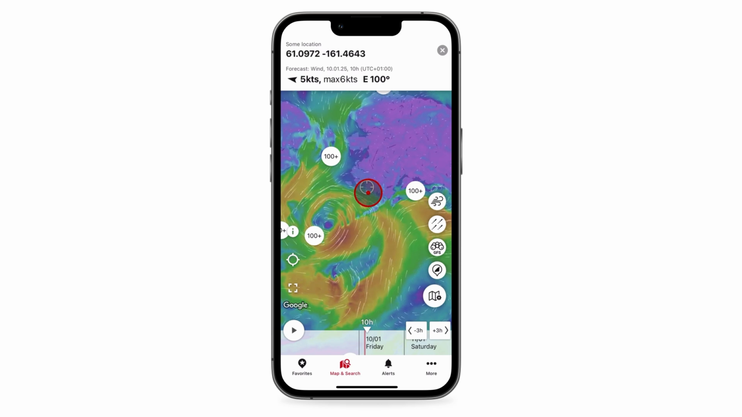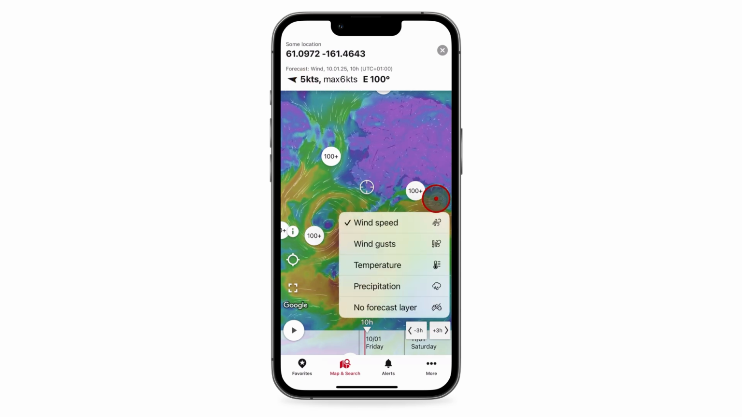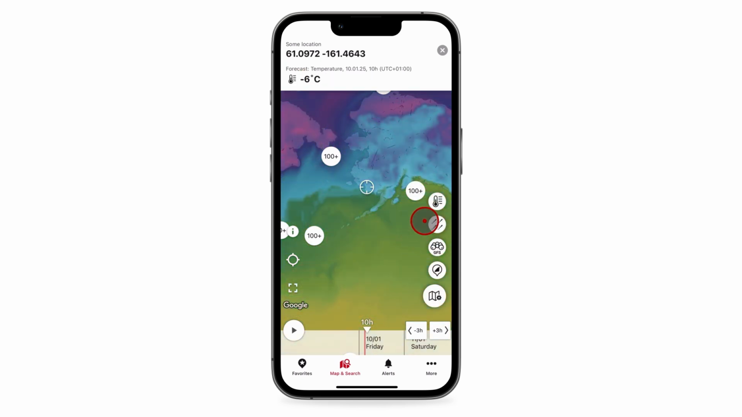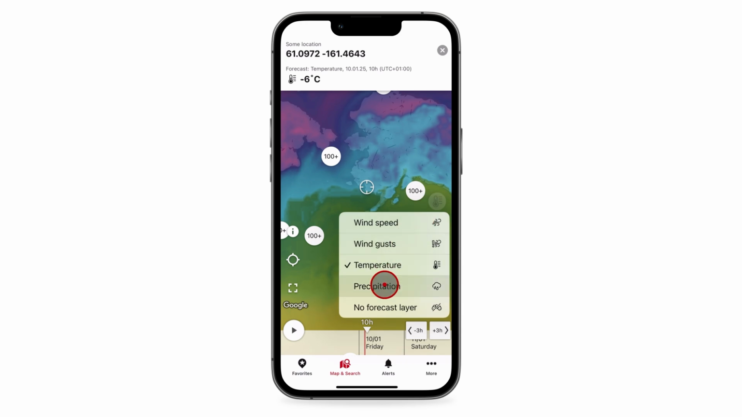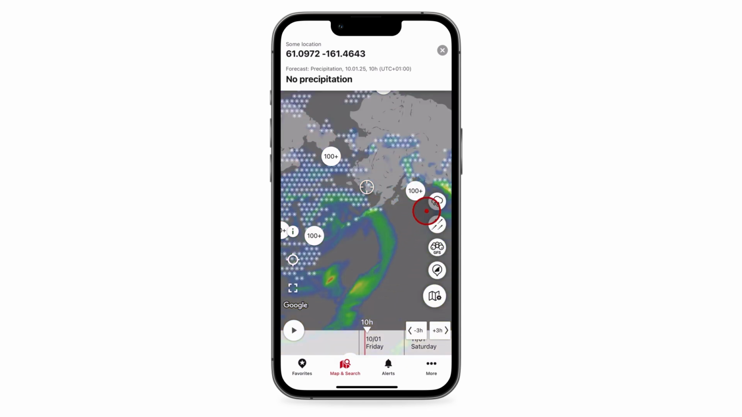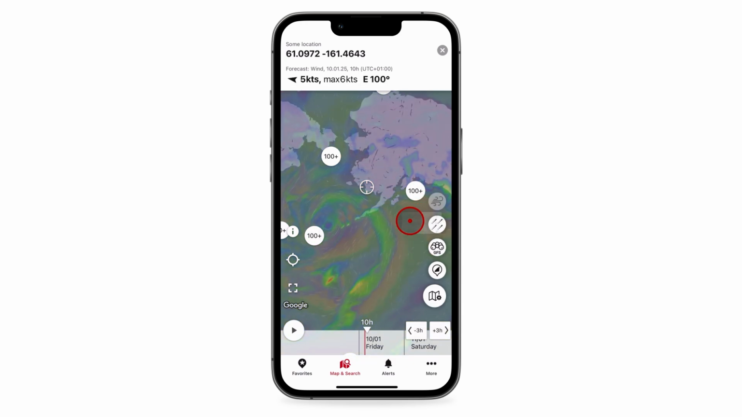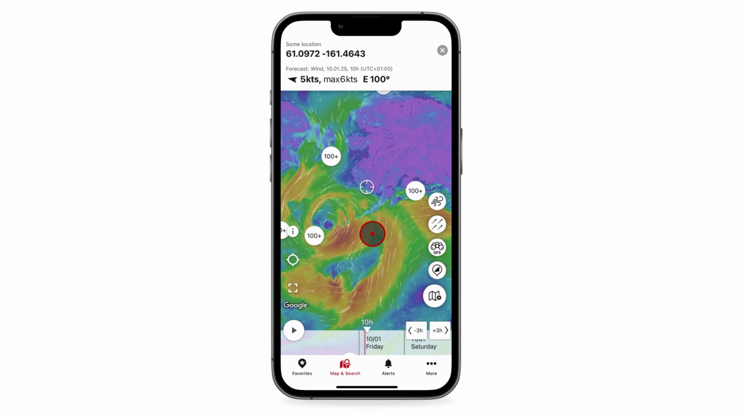By default, the picker tool displays the wind speed and direction for the location. Change the weather parameters in the map settings on the right to temperature and precipitation. To change the position of the crosshair, touch and drag the map in the background until it is adjusted to